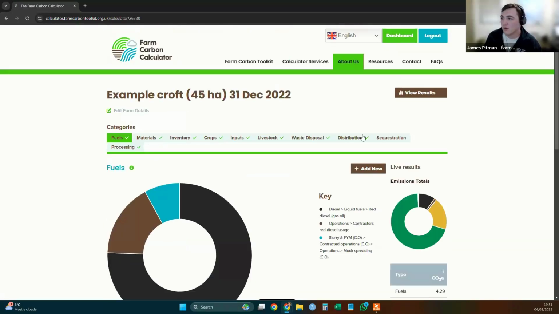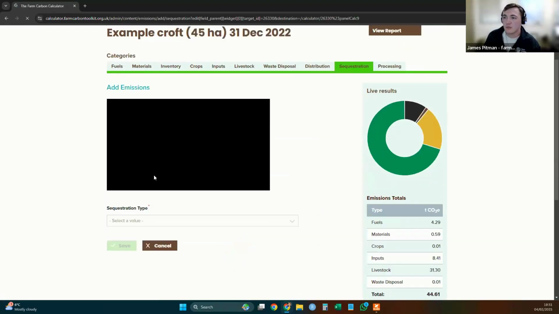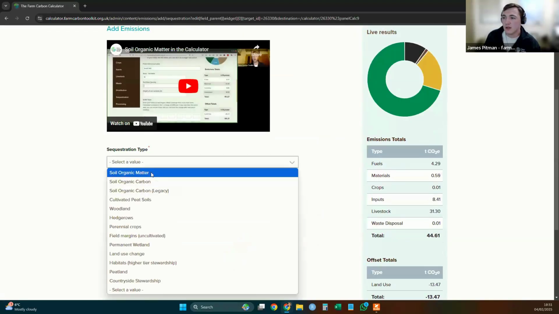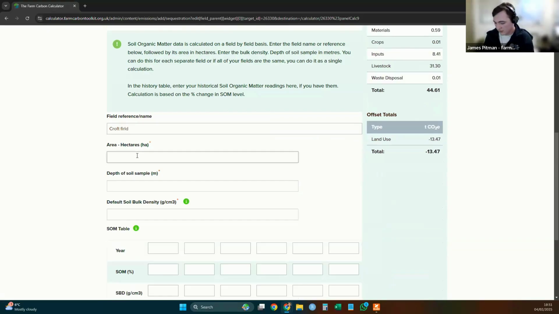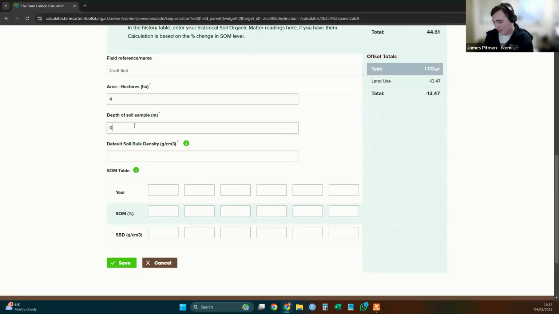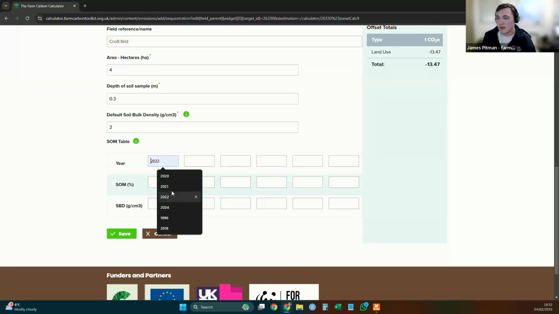organic matter data. So I can jump back onto the sequestration tab, come in here and add some soil organic matter data. So say I've got a crop field. Oh, misspelt, but we'll go with it for a second. And someone's come along, taken soil samples of this 4-hectare field at a 30 centimeter depth. They've told me that my average default soil bulk density is 2. And then in